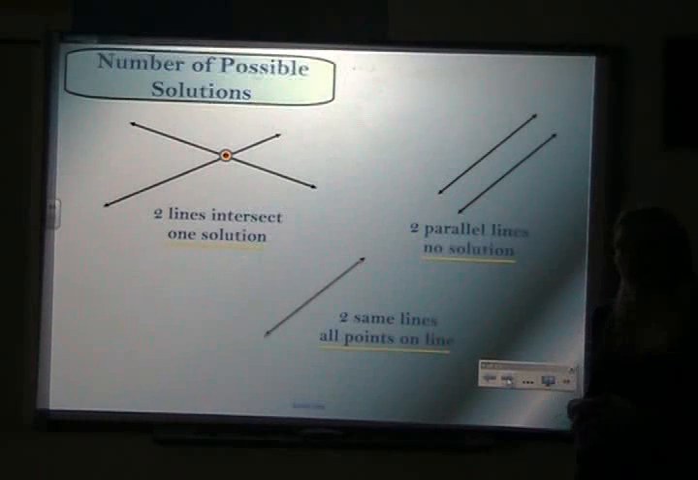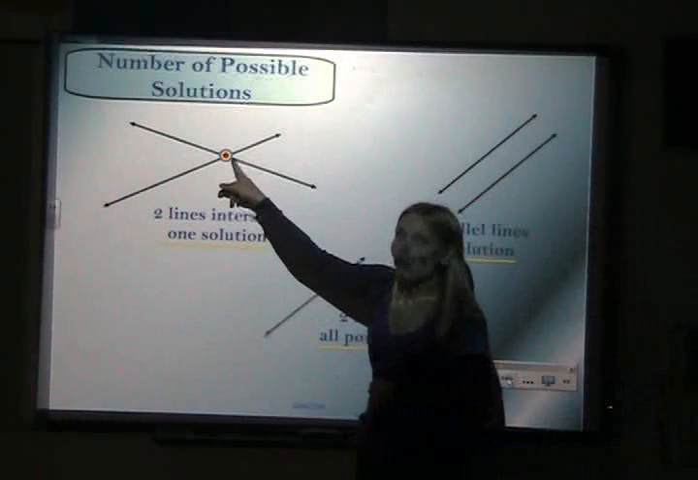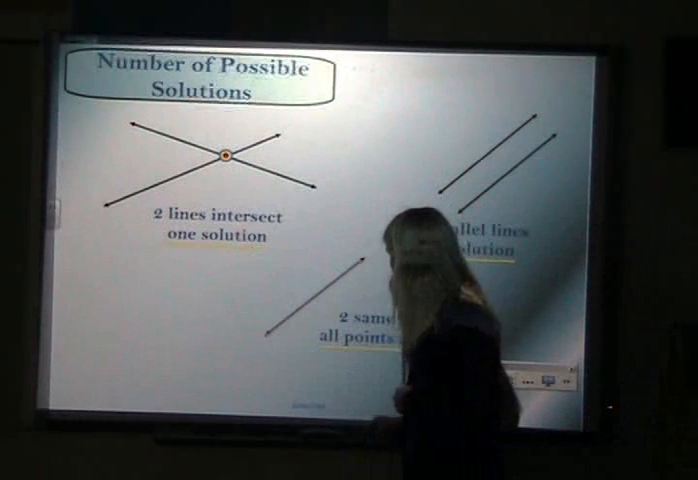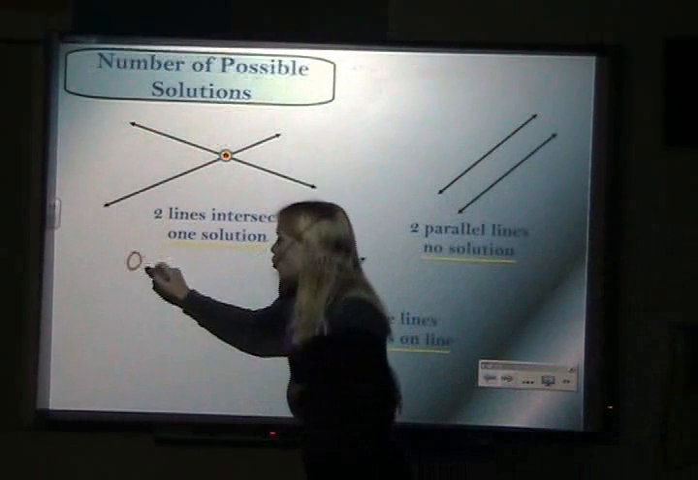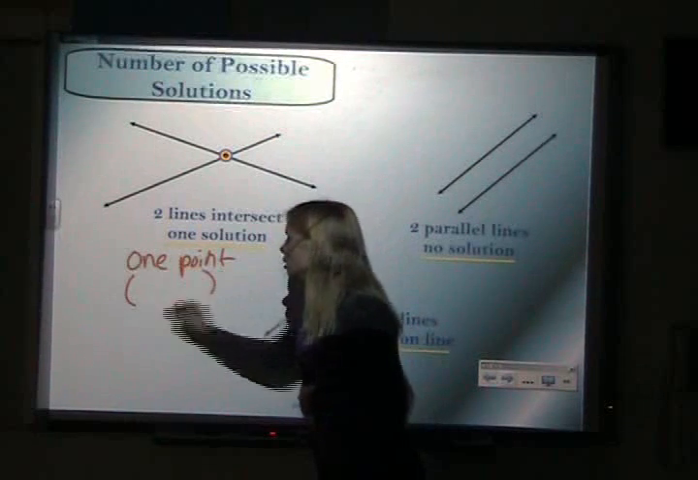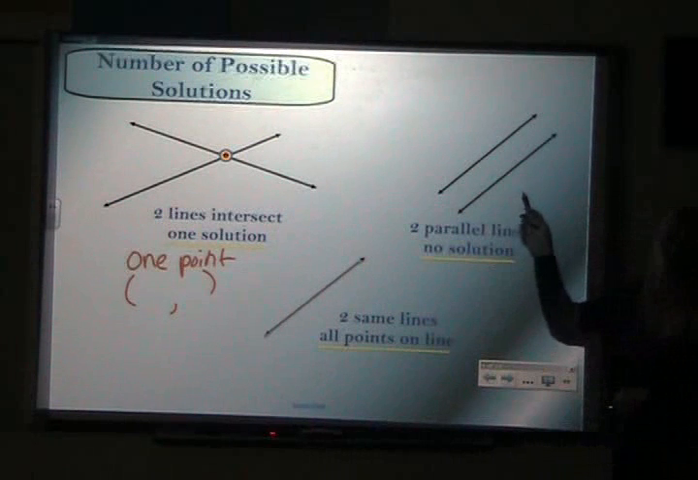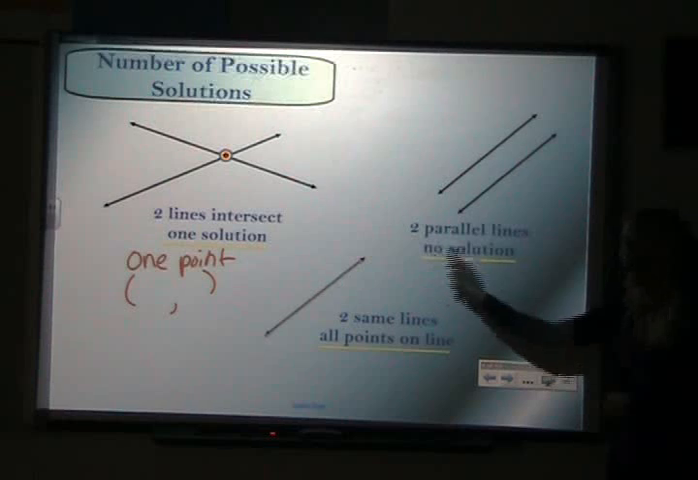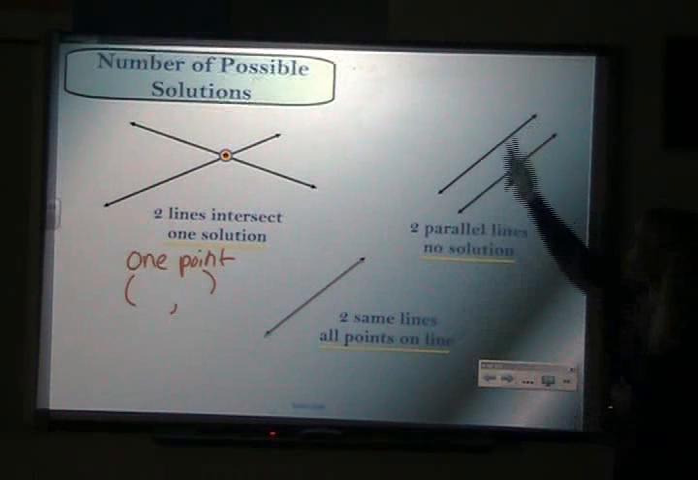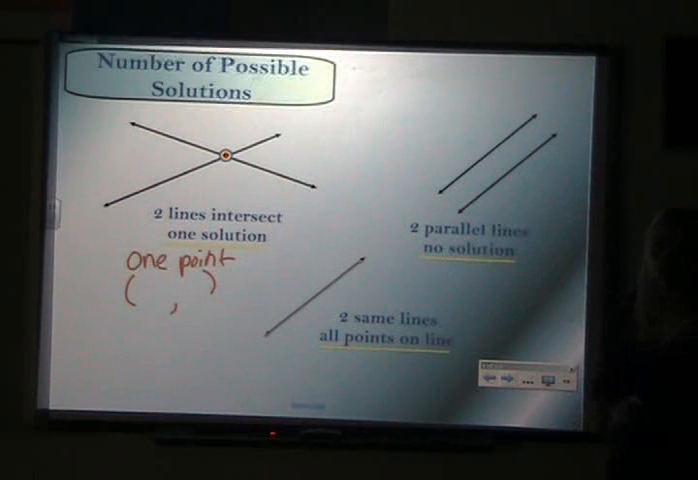The different number of possible solutions. You can have two lines that intersect at exactly one spot. So this is going to have one solution, one point. I need to make sure I write my answer in coordinate point form. You could have two parallel lines. This would have no solutions. And if I draw two parallel lines from my problem, I would just write down on my paper, no solutions